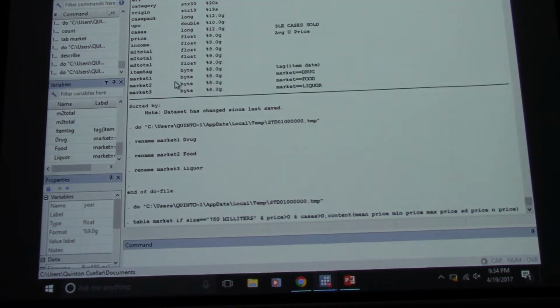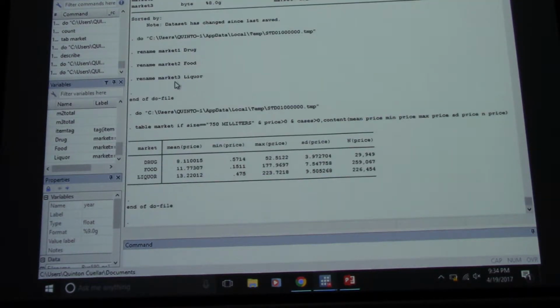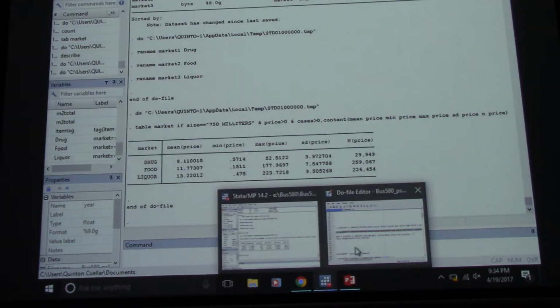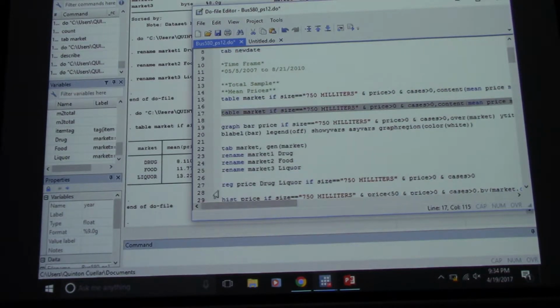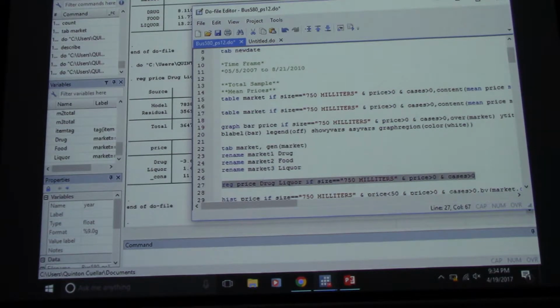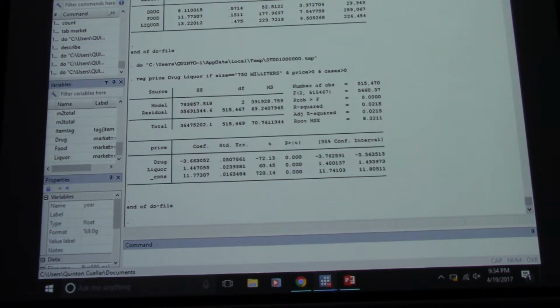This is just the table of our price differences. All right, so there's our price differences. We know that if we run a regression, that simple dummy variable regression, it should give us, perfect, it should give us